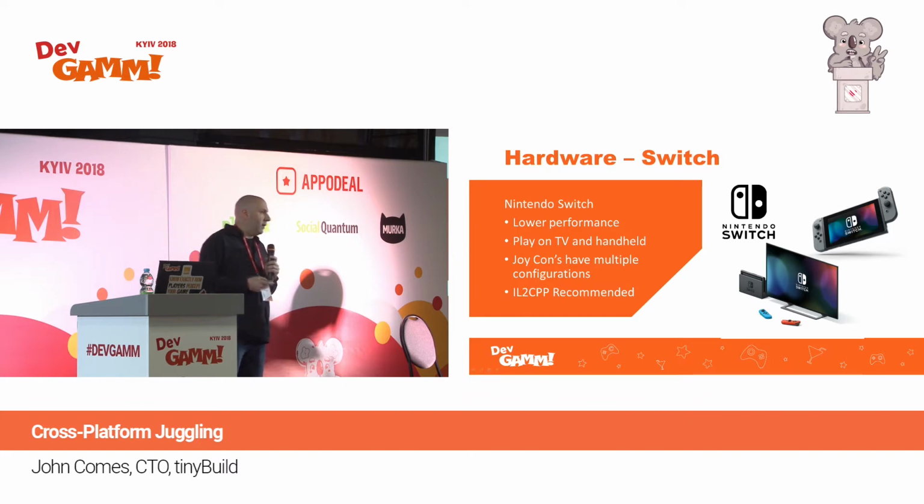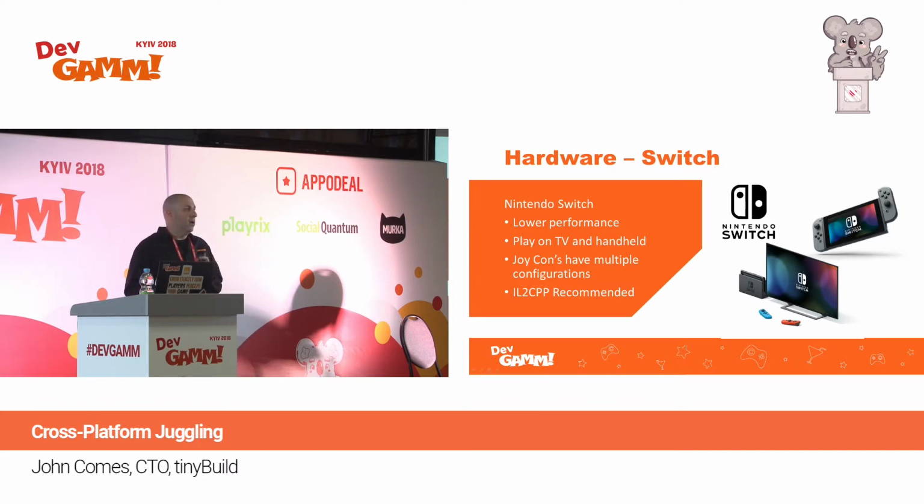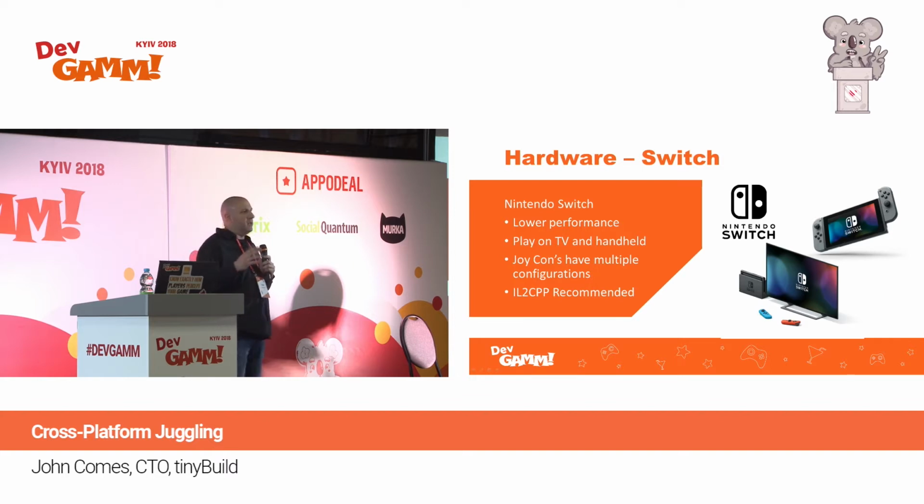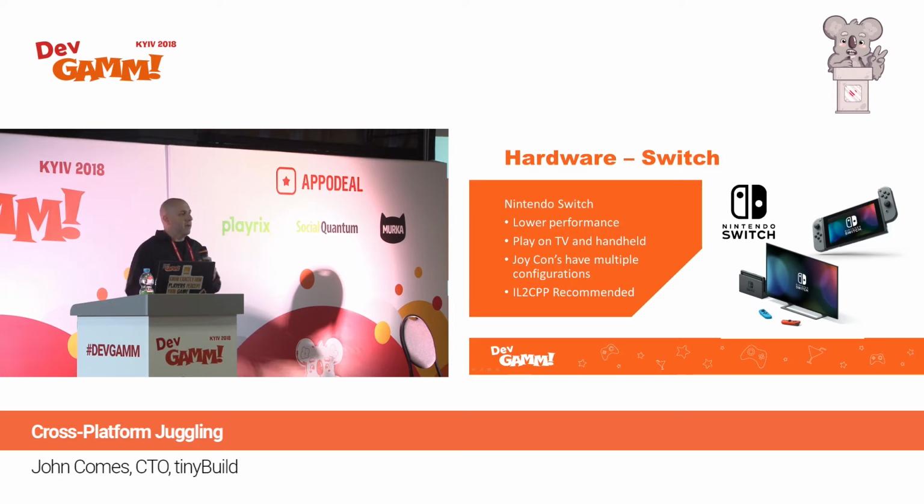Unique thing about the Switch, it plays on the TV and in handheld mode. Both of those modes have different performance requirements. When you go on a TV, because it's plugged in, it's on the TV, it's expected to be higher frame rate, but Nintendo really wants to keep the same thing when you hold on to it in handheld mode. And when it's in handheld mode, it does not perform as fast. So you need to take that into account.